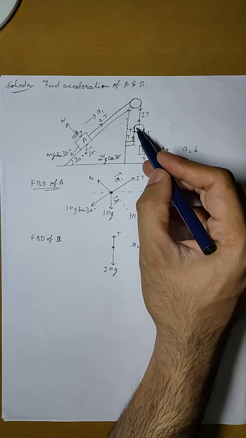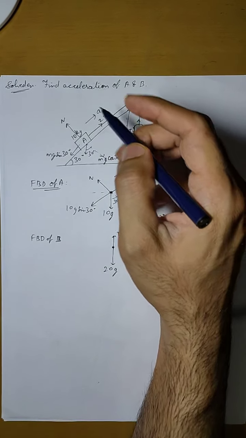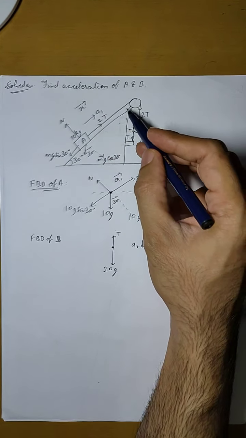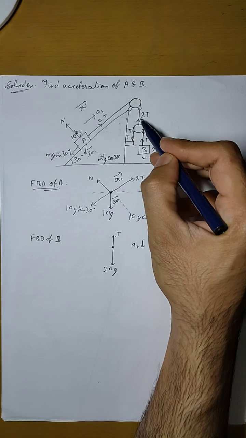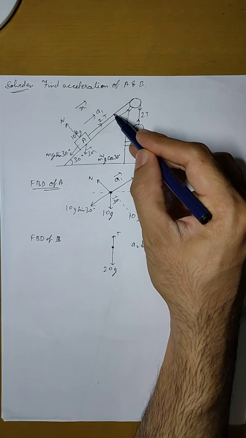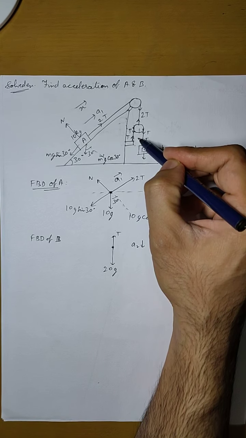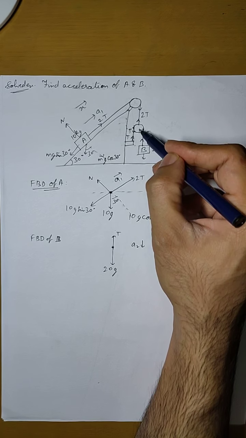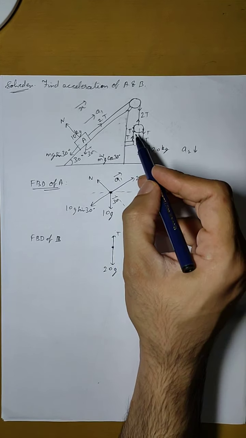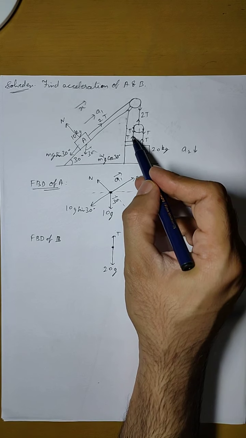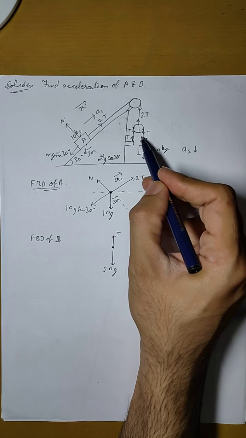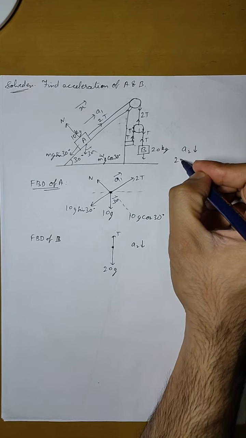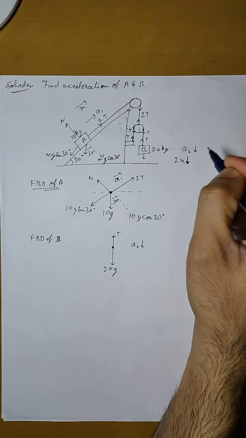Now here let us say that A moves in this direction with a displacement x. Now since it is the same string connecting this pulley, if A moves up by a distance x, this pulley will move down by a distance x. Now there are two strings connected to this pulley and this pulley is free, so that means if this pulley moves down by a distance x, there will be a displacement on both sides, and it will be x in each string. So that means B will move down by a distance of 2x. I hope you understand this.